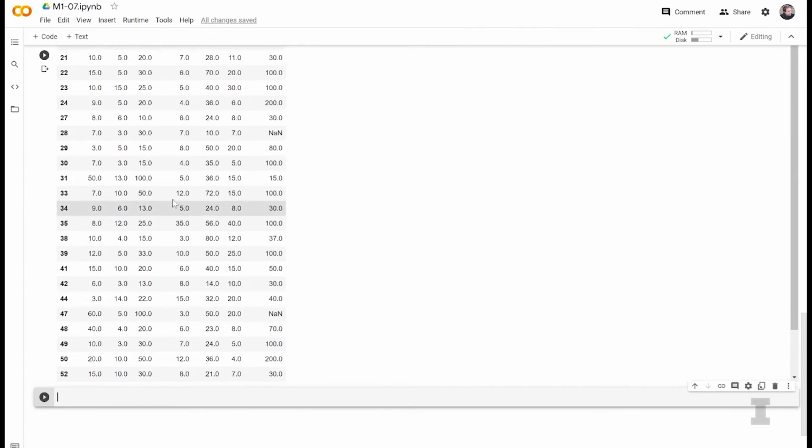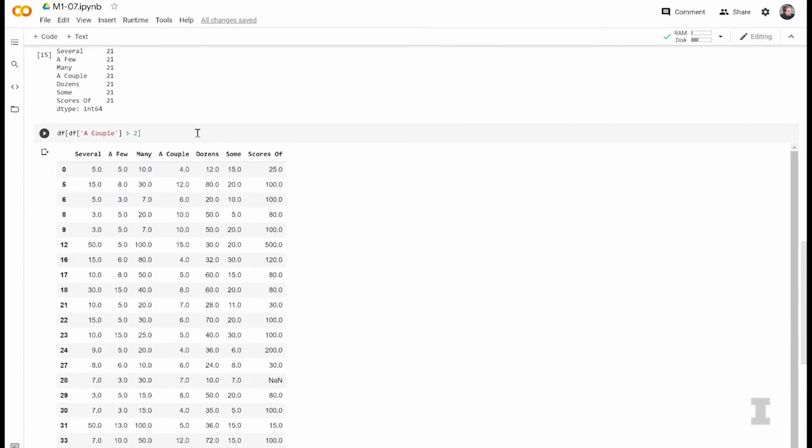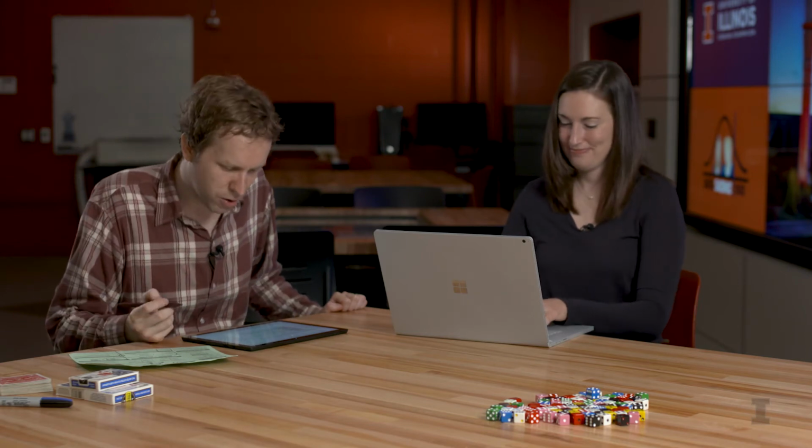I'm expecting that if I just have this statement without .count, I should see a number of different rows. What do we see? A bunch of different rows where a couple has a bunch of different options now bigger than 2. Yes. If you look back at the first one, you're going to see the couple column always has the value 2. And now we see the values are always larger than 2.